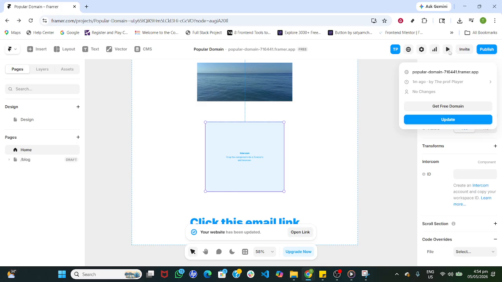That's it. You opened your project, inserted the embed, reviewed layout and layering, selected Intercom, checked placement, verified overrides,